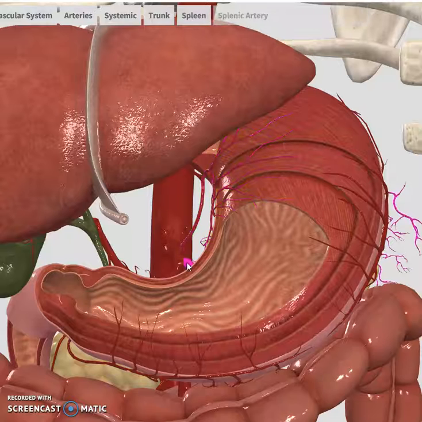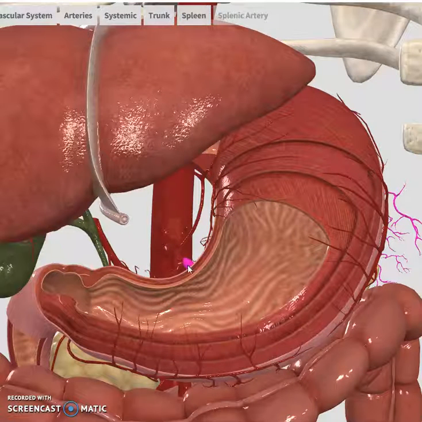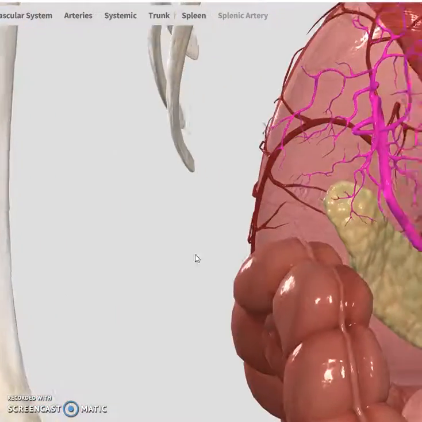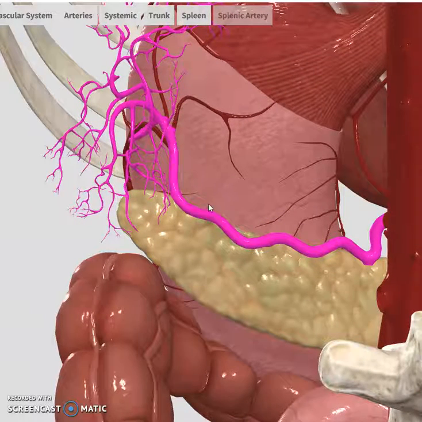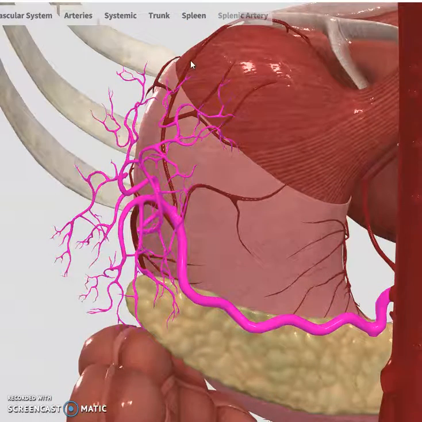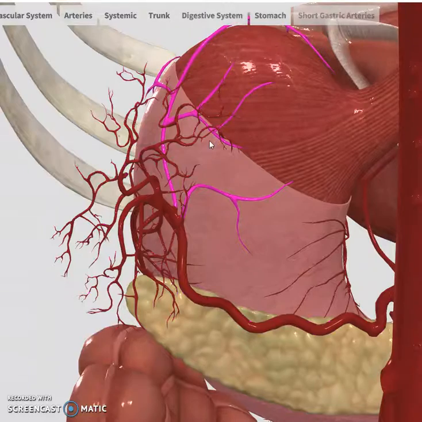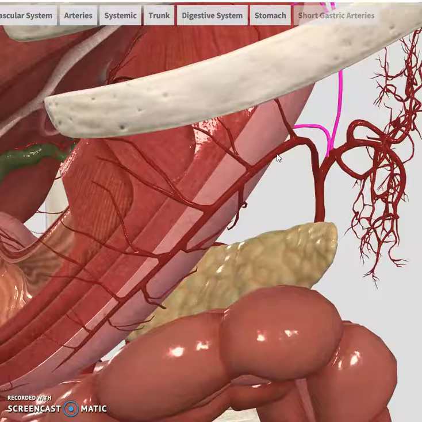The second branch of the celiac trunk is the highlighted one, which is the splenic artery. The splenic artery is best viewed from the posterior view. The whole thing that is highlighted is the splenic artery, and this splenic artery gives two other branches. The first one is the short gastric artery, which is this highlighted one, and the second one is the left gastroepiploic artery, also known as